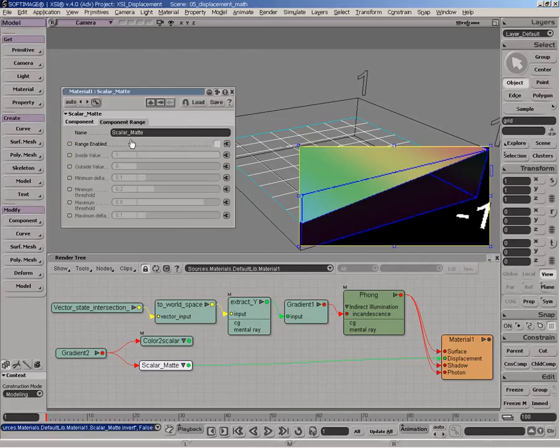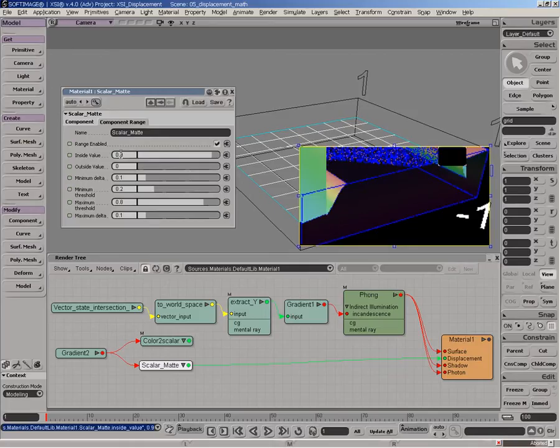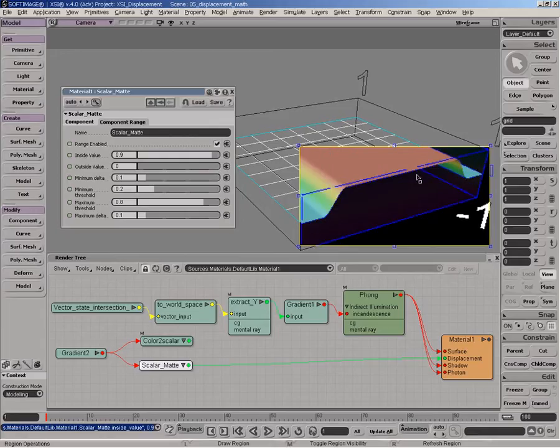Now the component range is a way to extract luminance information. So let's say, for example, this is a displacement map value 0 and this is a displacement map value 1. As you can see here, it goes from 0 to 1. So it's some sort of a grayscale ramp being put over the surface of the grid. Now if I enable this option here, I will extract a very specific luminance information